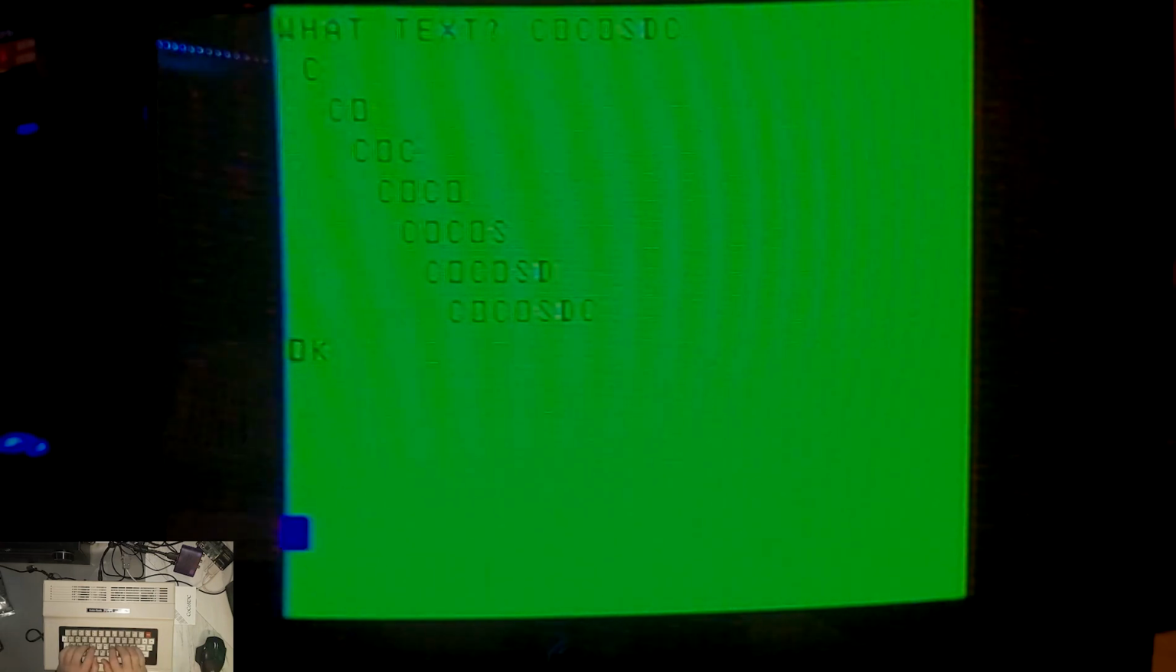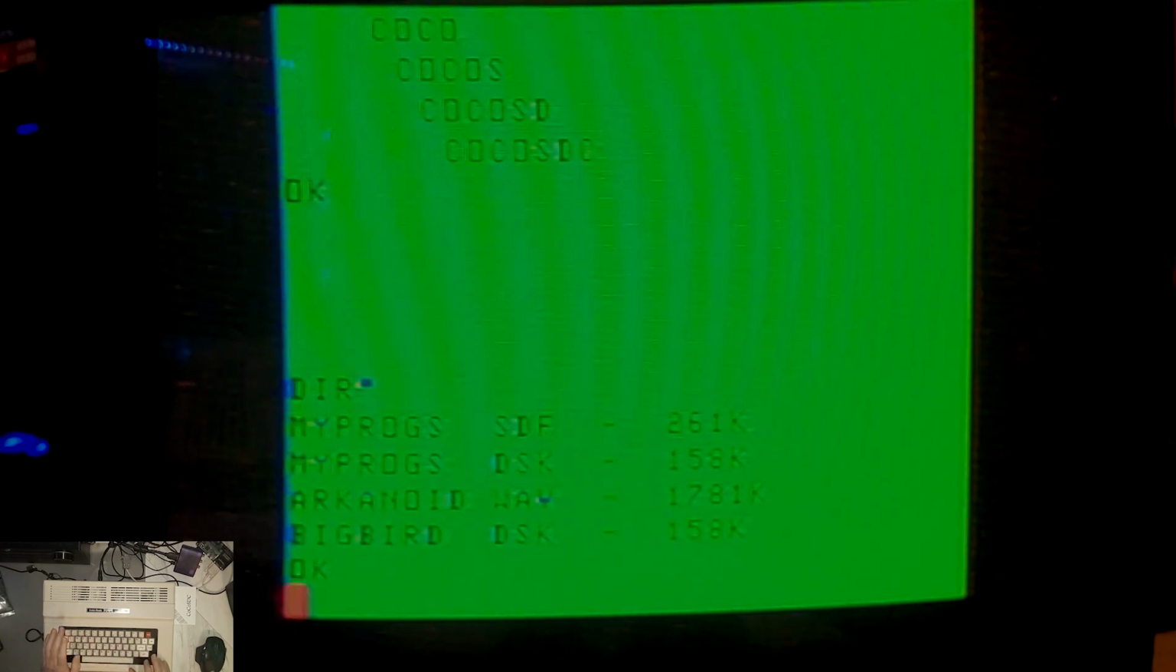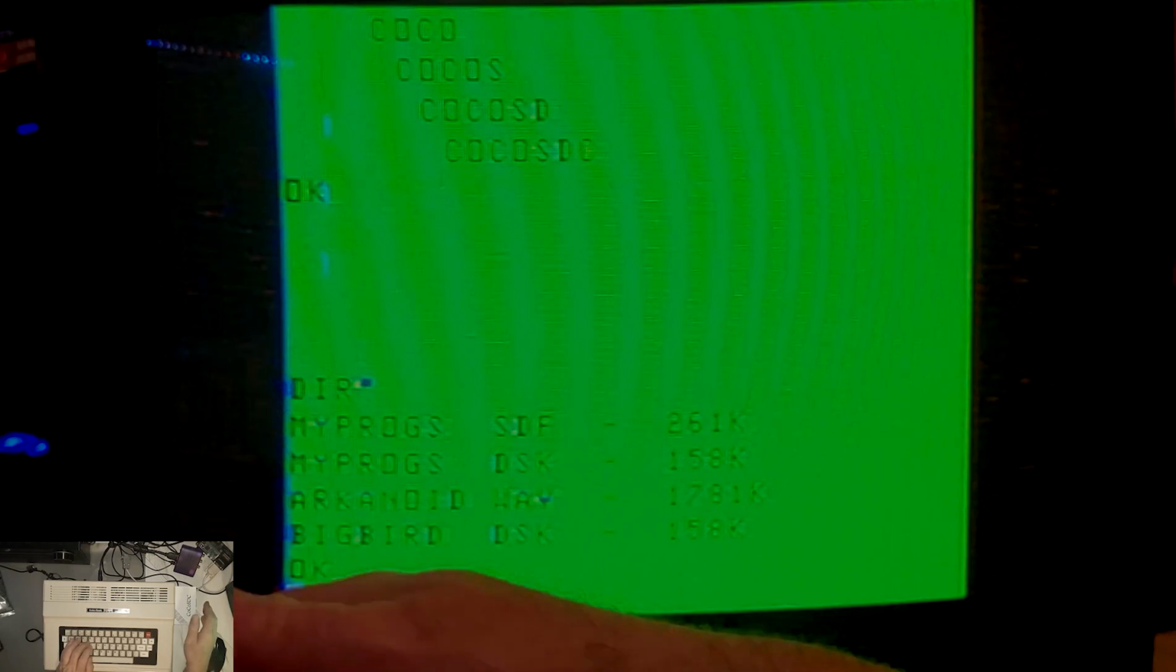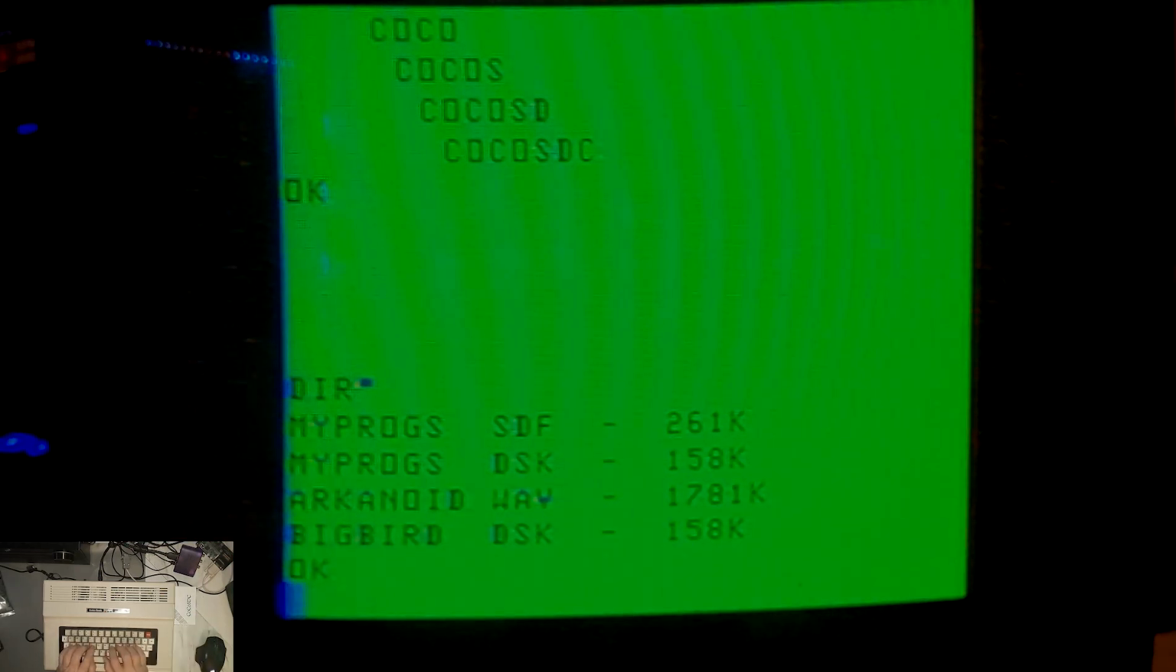So then let's say you want to mount a different disk. You don't have to eject this one, you just mount another one in its place. So let's do the directory again. Okay, and as long as you put that quote mark, it gives you the directory of the SD card. It doesn't give you the directory of the mounted disk. So say we wanted to do the Big Bird one, right? So we would go